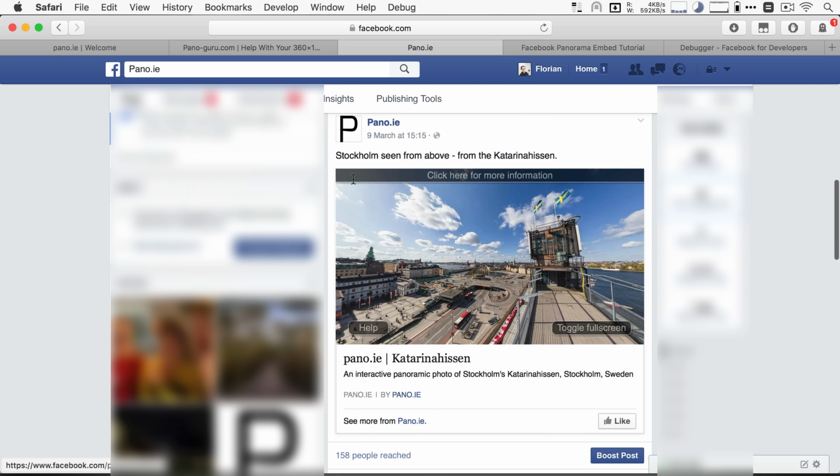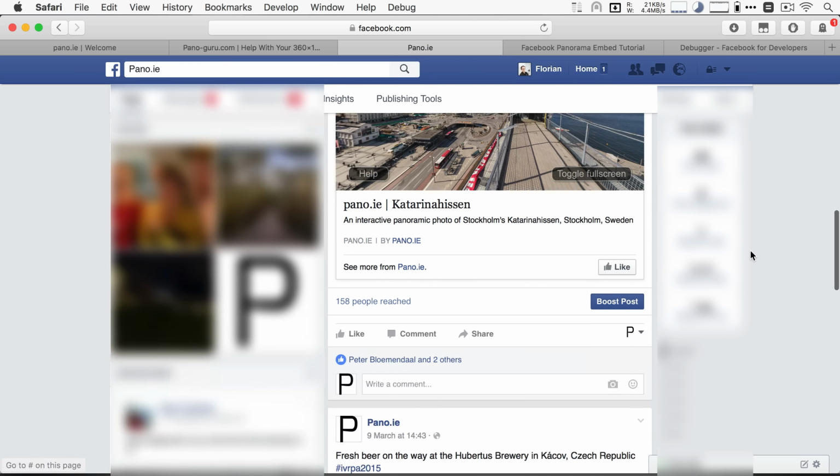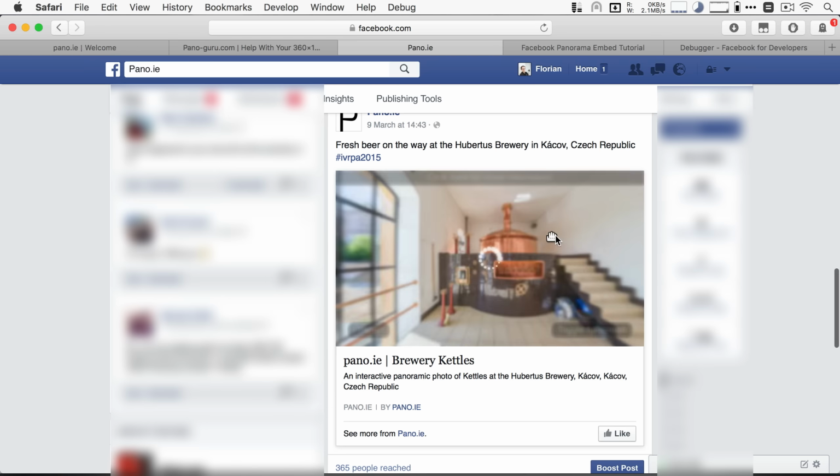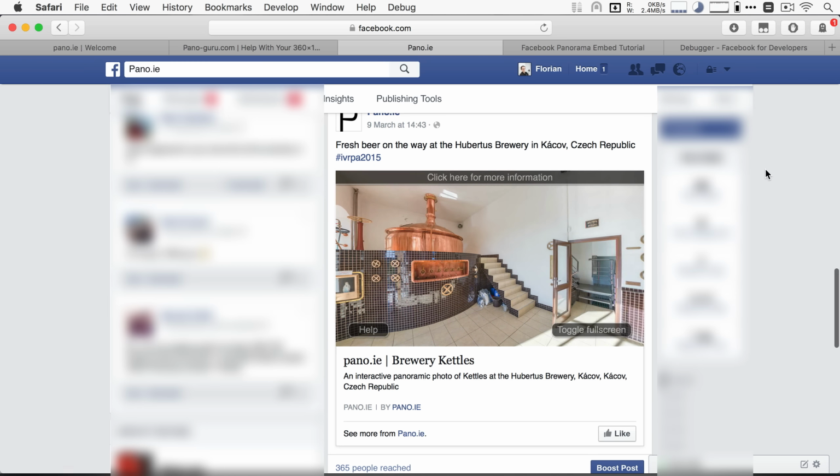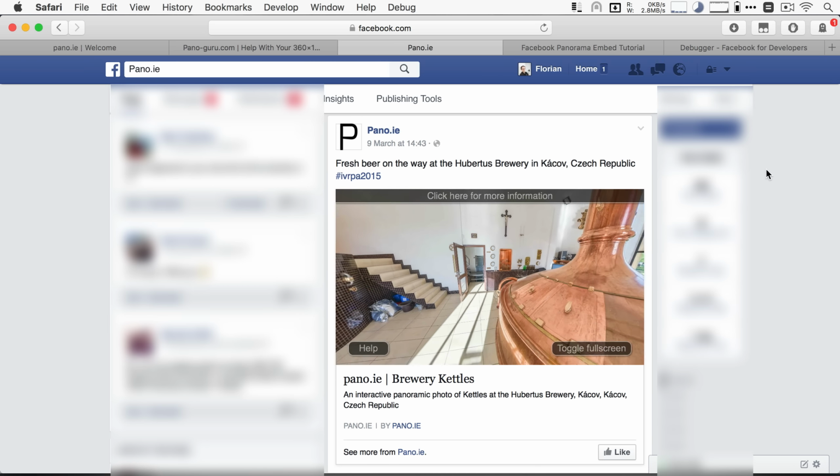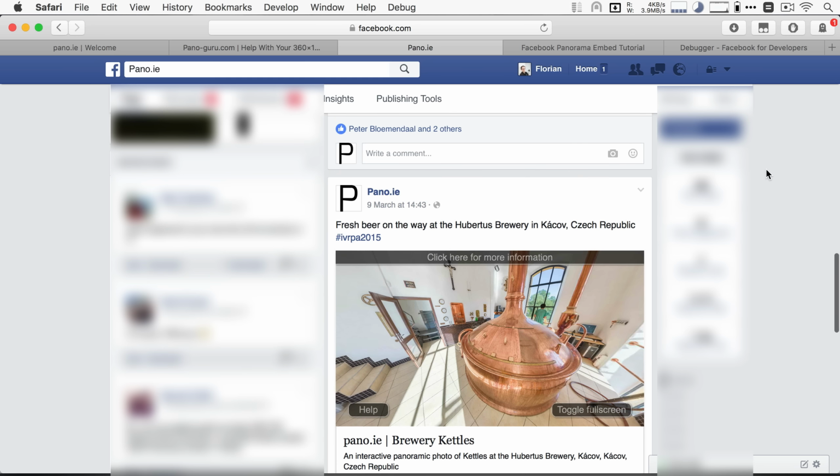Here's my Facebook page, and you can look at the panoramas on here. You can click the play button, and it actually plays right inside Facebook. That's not so easy to do, and I've been asked this multiple times, so I'll show you how that works